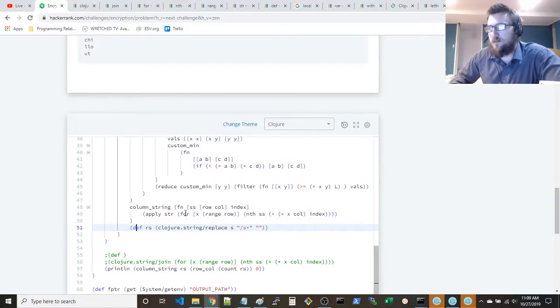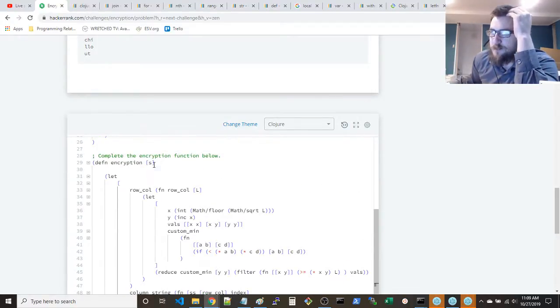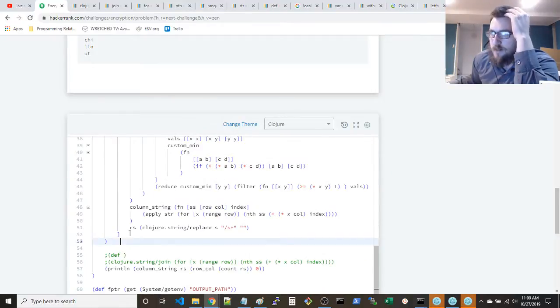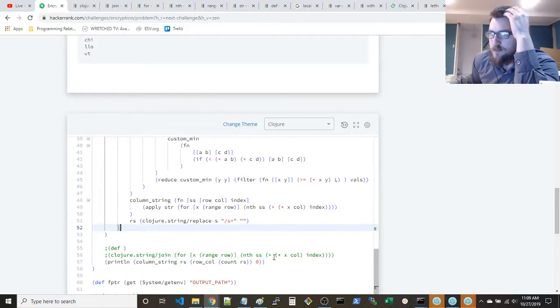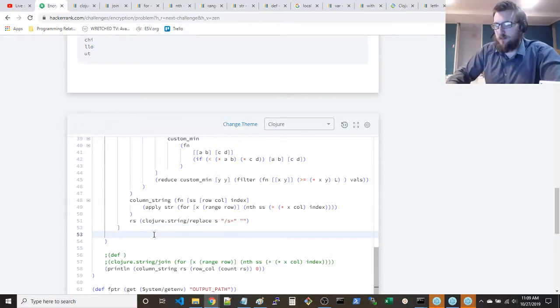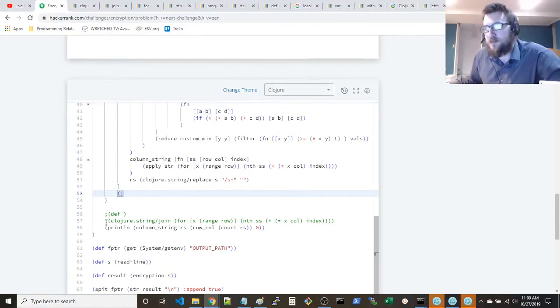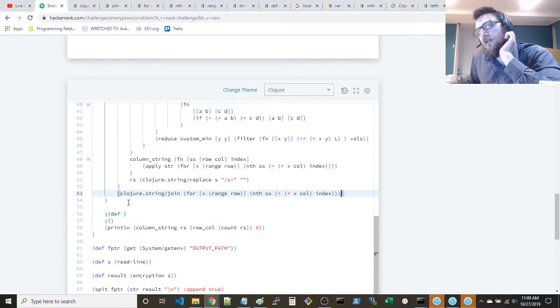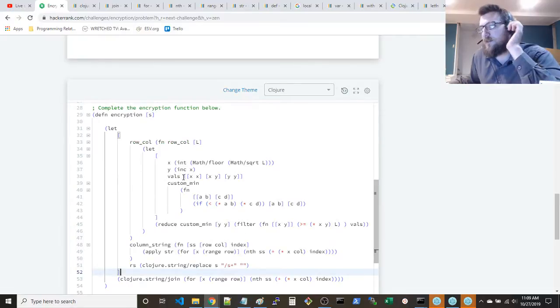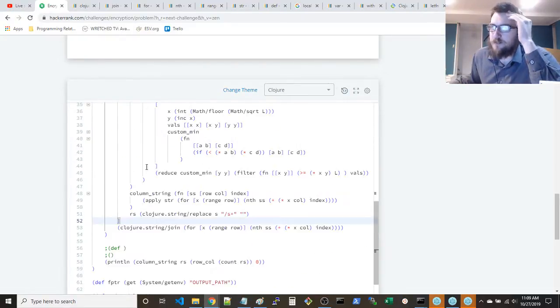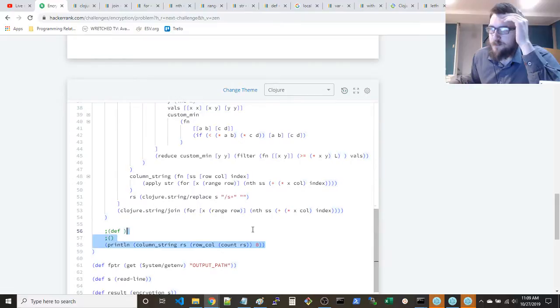locally, which is rs, which will apply the string replace to s, which is supplied here. And last but not least, we want to return, which is this last piece here. Looks something like this. After defining these functions, we can now use them, put them all together. And it's going to look something like,